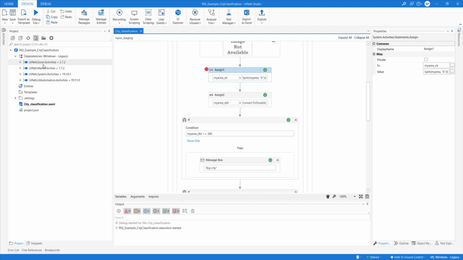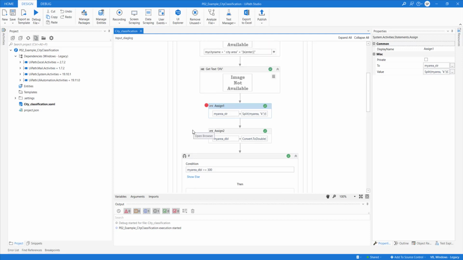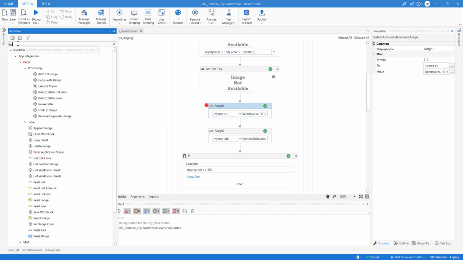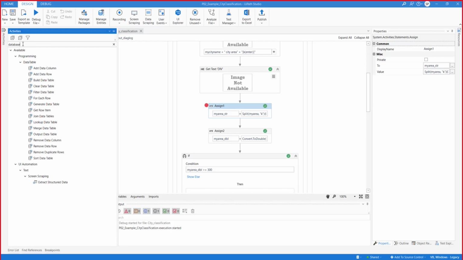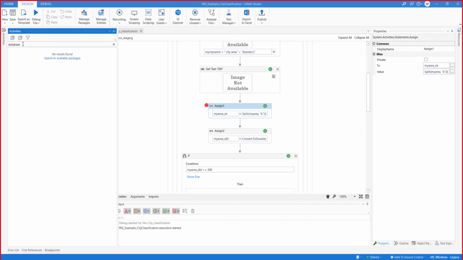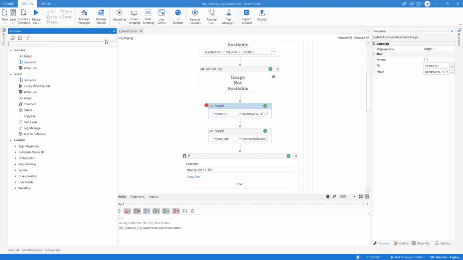Now, someone will ask: we have a limited number of activities, and I want to use an activity that is given by a third party. Say, for example, I want to automate a process which contains database operations. I mean, communication with a database, getting a record, inserting a record, updating a record, right? Those activities are by default not available. If you type database here, you will not see anything. In that scenario, what you need to do is click on manage packages,